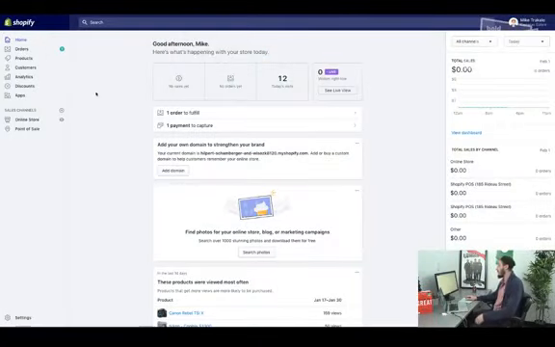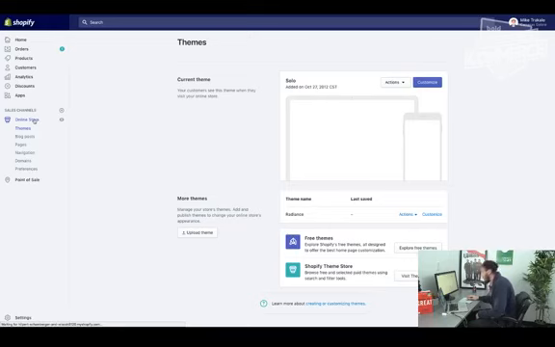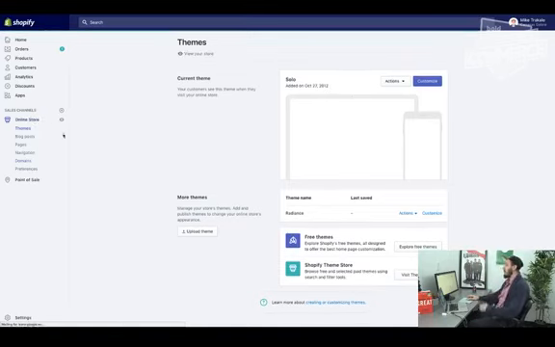So before we move any further, what I wanted to do, just to get this out of the way right now, is share my screen with you. This is the back end of your Shopify store here. My store, Cameras Galore. You're very familiar with this page here. Now, if you want to start blogging, you simply have to go to this area here, and you just click Online Store. I clicked it a bunch of times. You only need to click it once, and it's going to take you here.